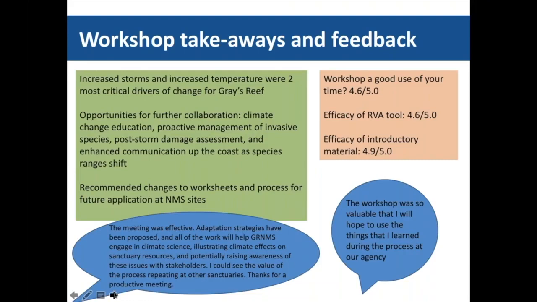And this is really the more important slide, is takeaways and feedback. And so just in the green box there, we had some interesting takeaways. Looking across all the species, we found that for Gray's Reef, increased storms and increased sea surface temperature were really the two very critical climate stressors for Gray's Reef. And that's one of the things I love about doing these vulnerability assessments, is to find the commonalities, because that's pretty straightforward for an offshore reef. That storm activity and temperature would probably be what you're most concerned about, but it's not always clear until you do this type of assessment and you can look across resources and see what's kind of rising to the surface.